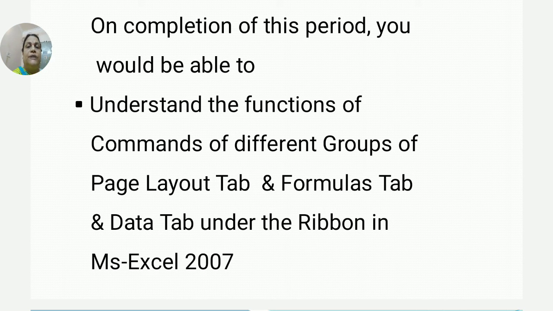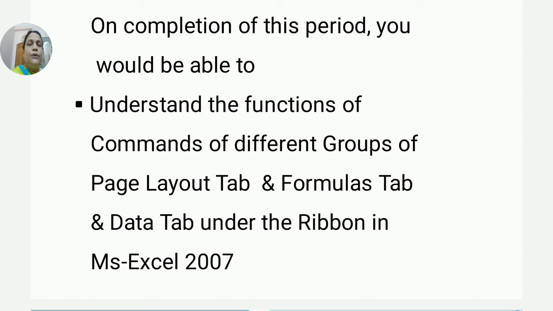In the second class we started discussing the functions of commands of each group, namely the home tab and the insert tab.